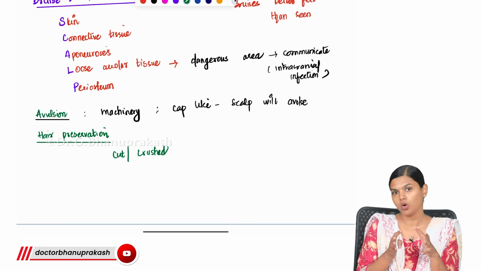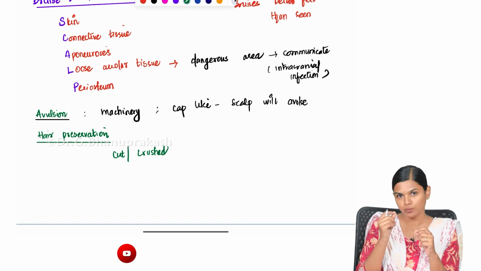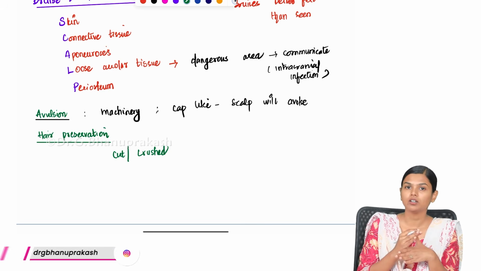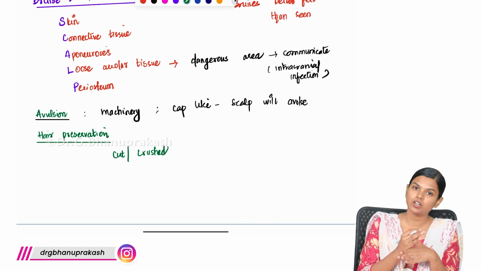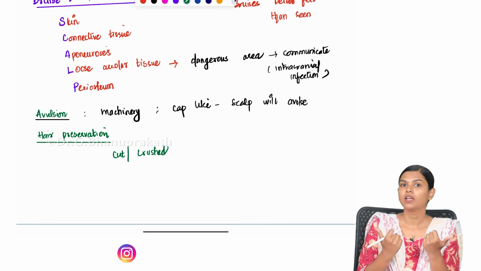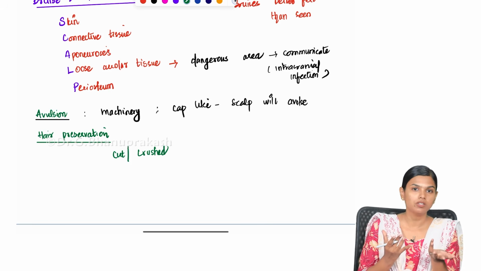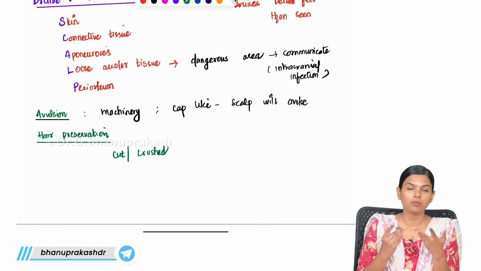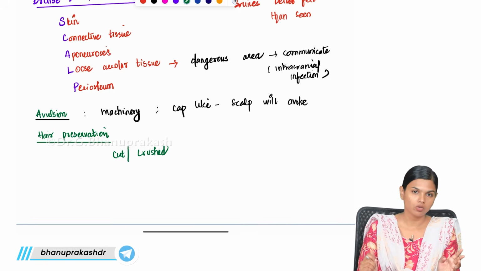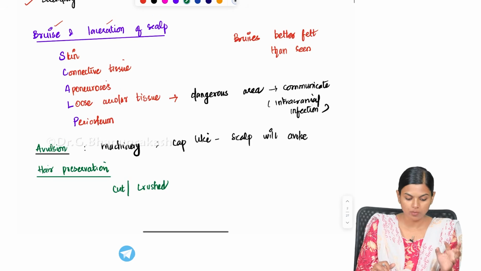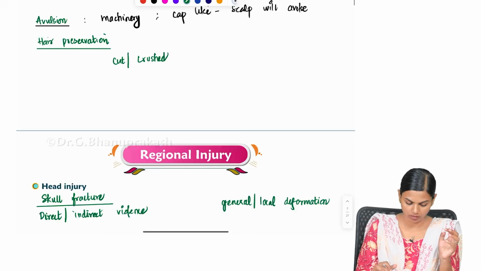So in that case, what you can do is take the hair from the site of injury, and if you look at it under the microscope, at the tip of the hair where it was cut, you will be able to see whether it was crushed or cut. That will help us identify whether it was a sharp trauma or a blunt trauma. If it is a sharp trauma, then most probably something suspicious might have happened. Blunt trauma is mostly accidental. Sometimes someone might have used some blunt force weapon also. So like that, we can get an idea by doing this hair preservation. This is the basic thing we have to know in scalp injury.